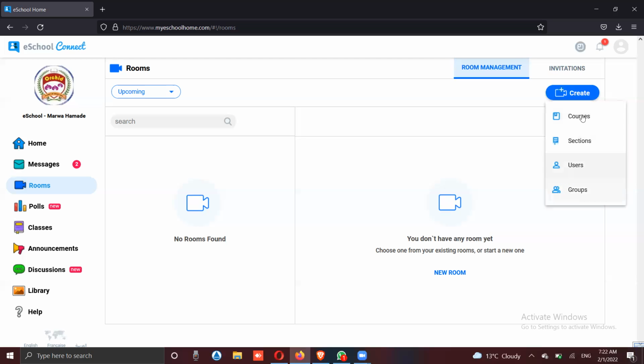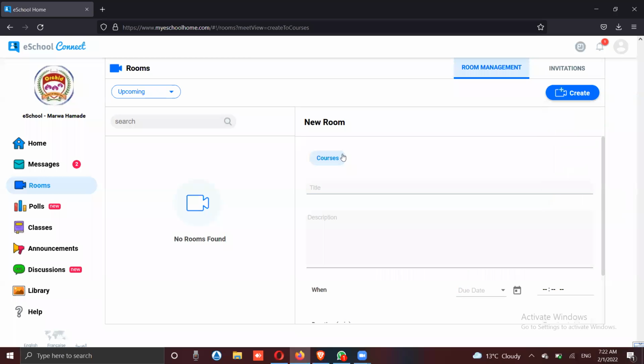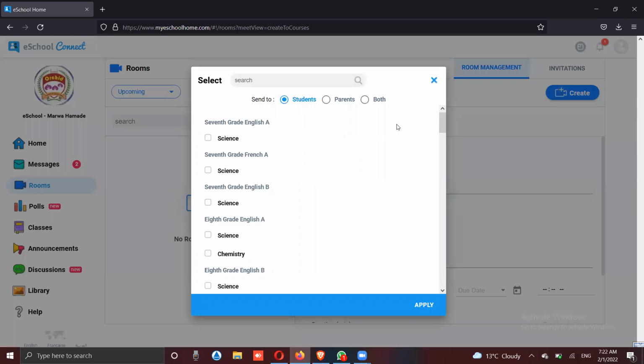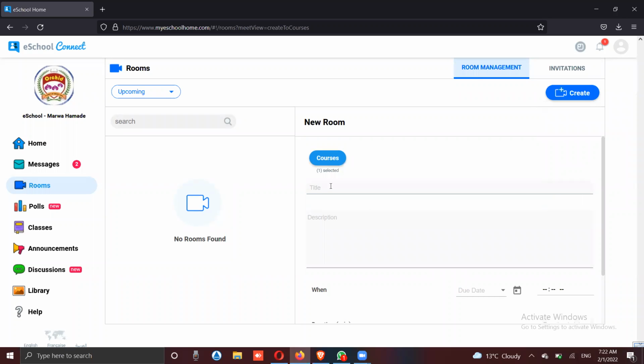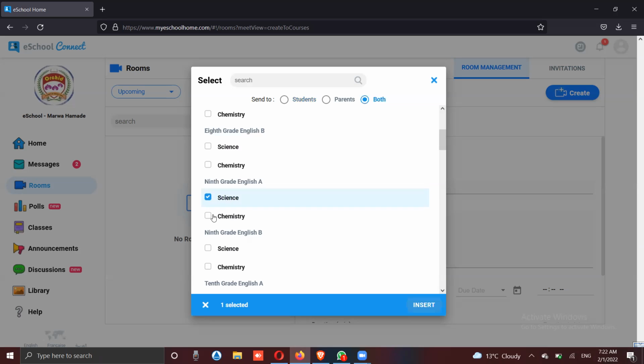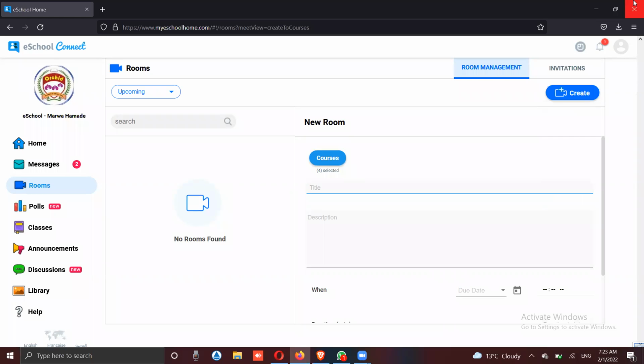I have the same options to send them the invitation. I can, for example, use courses. I can make this room for grade 9 for both parents and students. I press insert. Also, for sure, I can select more than one class or section or course. I can specify here the title of this room. For example, we will discuss the behavior